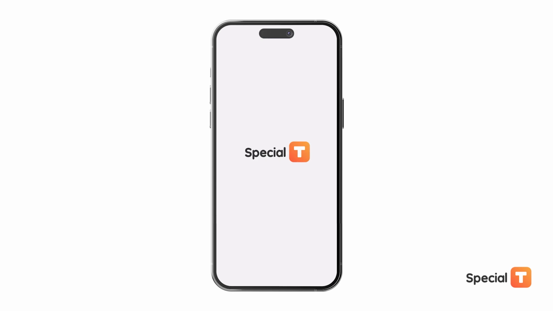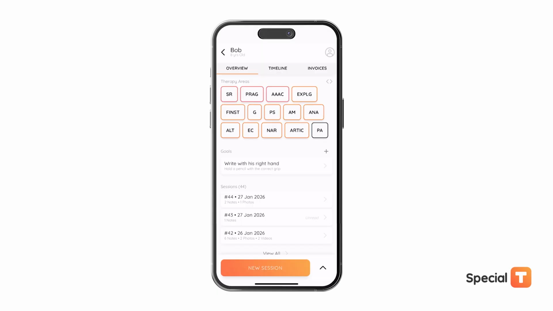Welcome to Special T. In this video, we'll show you how to use our speech-to-text feature, which helps you convert speech directly into SOAP note format, designed to help you record professional therapy notes quickly, accurately, and with ease. This feature is available in both sessions and assessments, anywhere you need to capture medical notes, observations, feedback, or home